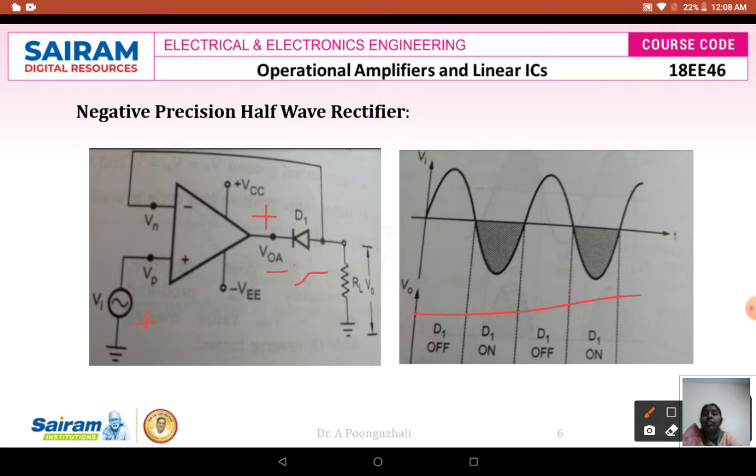So next is when I am going to have the negative input voltage. When I have the negative input voltage, the voltage at this point is going to be negative. When this is negative, this diode is going to be in the forward bias state. So forward bias state means this circuit is going to act like a closed switch. It is going to act like a voltage follower, and the output is going to follow the input. That means I am going to have an output during the negative half cycle. So during the positive half cycle, again I don't have any output, and during the negative cycle I am going to have the output there. So just by simply reversing the diode, I can have the negative cycles at the output there.